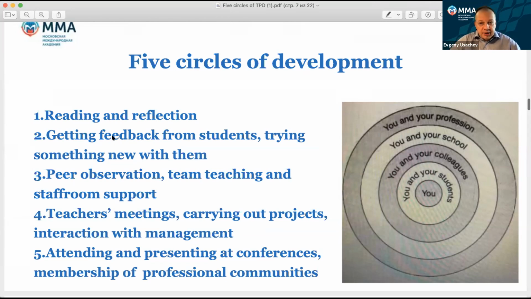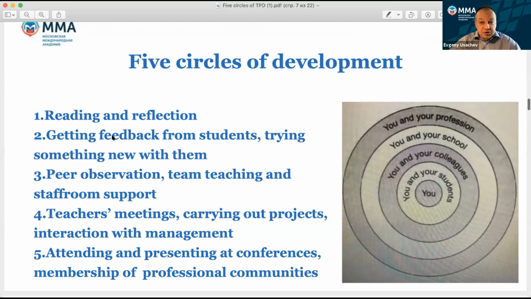The third circle is called you and your colleagues. And again, in this circle, it's very important for us to have such activities as peer observation, team teaching, and maybe staff room support. Okay, again, there will be some activities later on I'll share with you.